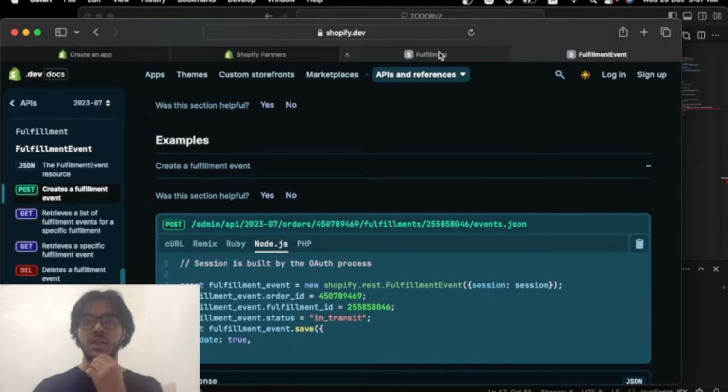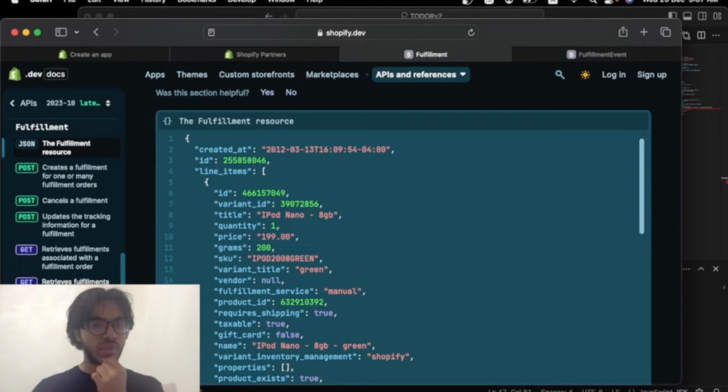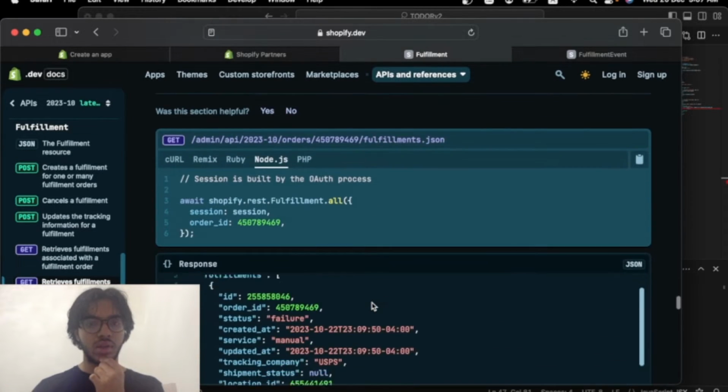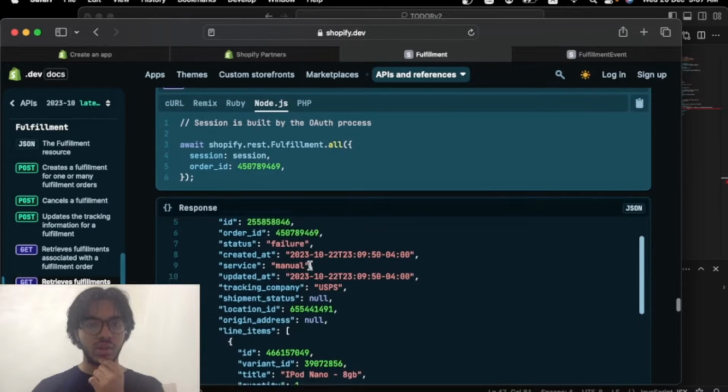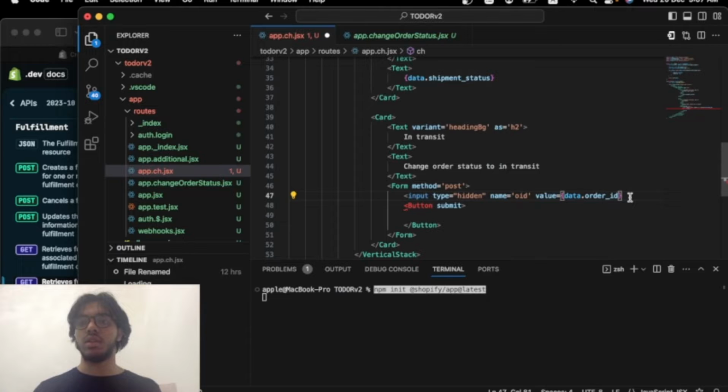Let's just confirm that. Does it return back the order ID as order underscore ID? Yeah, it does. So that is correct. So that's how we're going to access it here. We're going to pass in this, and we're also going to have to pass in the